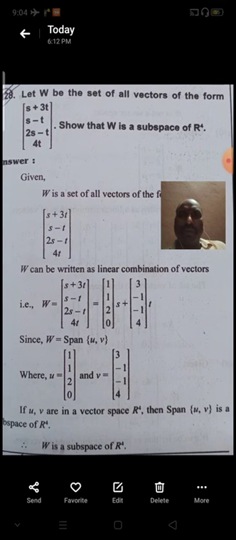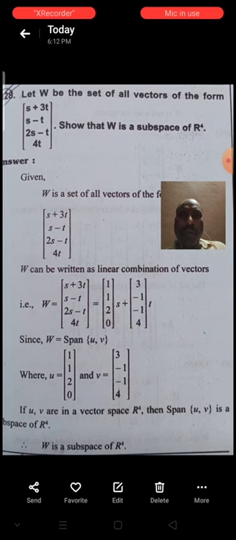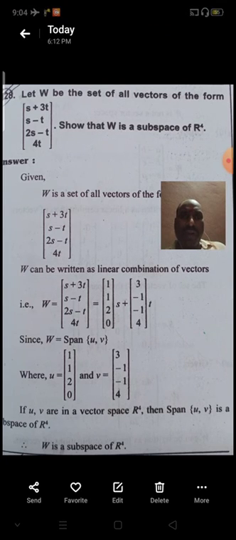Today we discuss vector spaces and subspaces. Okay, we discuss some problems. Let W be the set of all vectors of the form